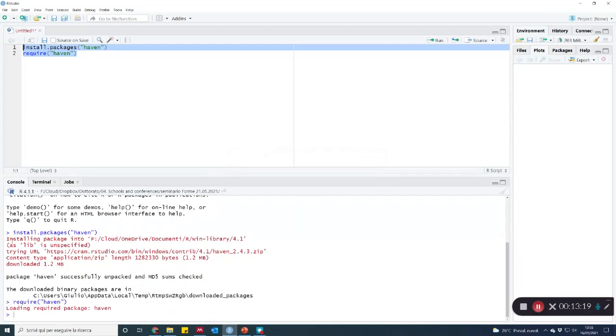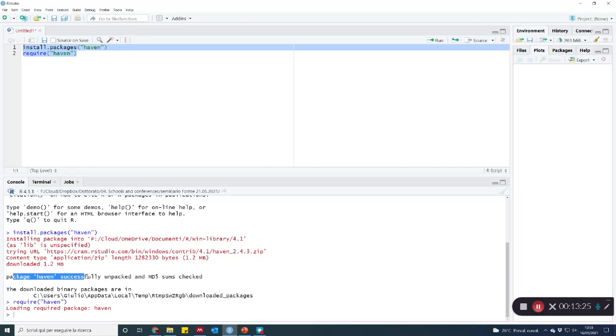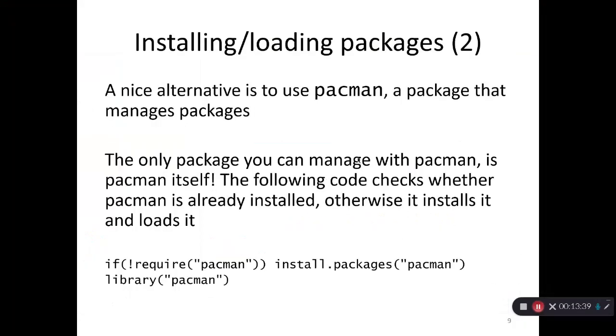in a while. You see some messages. They are red, but they are not problematic. It says that the package has been successfully unpacked, etc., and the package has been downloaded. And then when you ask require haven, it says loading required package haven. So you will need packages throughout this course, many of them, and also when you work on your data